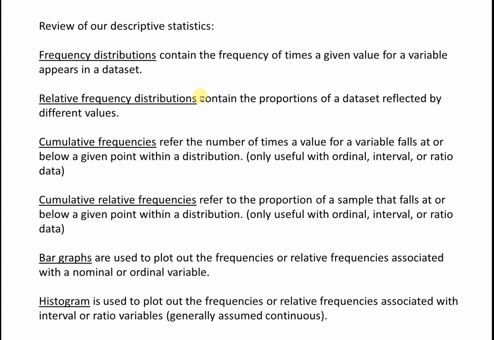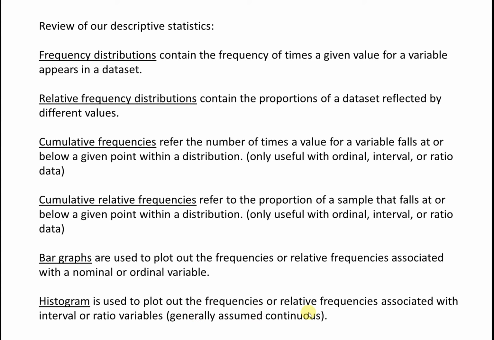Relative frequency distributions contain the proportions of a data set reflected by different values. Cumulative frequencies refer to the number of times a value for a variable falls at or below a given point within a distribution. Cumulative relative frequencies refer to the proportion of a sample that falls at or below a given point within a distribution. Bar graphs are used to plot out the frequencies or relative frequencies associated with nominal or ordinal variables, and histograms are typically used to plot out the frequencies or relative frequencies associated with interval or ratio level